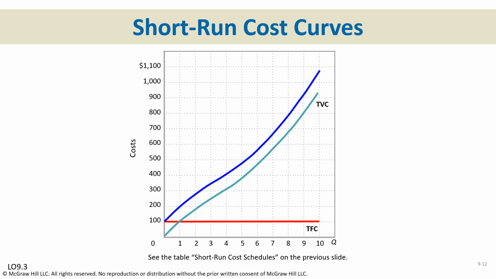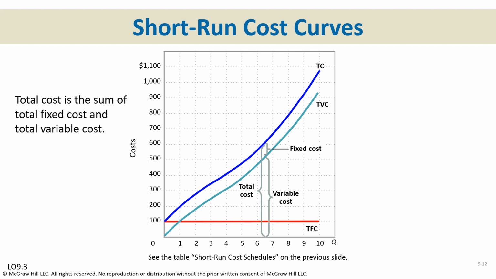Total fixed cost, TFC, is independent of the level of output. Total cost is the sum of fixed cost and variable cost. Total variable cost, TVC, changes with output. Since the only thing that differentiates